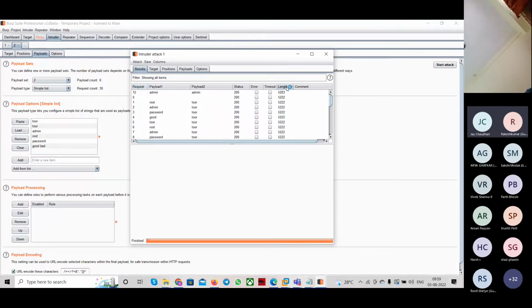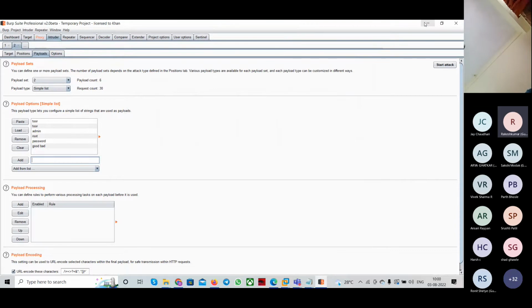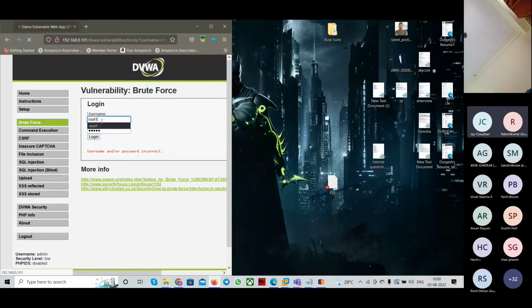यहाँ पे लेंथ पे आप डबल क्लिक जब करोगे, यहाँ पे आपको एक ऑप्शन जो होगा, जो नंबर देखो, एक नंबर अलग दिख रहा है, सब नंबर क्या है, 522 है, कैन यू सी, यस। बट वहां पे एक नंबर है जो ज्यादा अलग है, फर्स्ट वाला क्या है उसका नंबर, 5283, मीन्स उसका लेंथ ना थोड़ा अलग है। सो पासवर्ड हम लोग ये यूजर नेम पासवर्ड हो सकता है, क्या है, एडमिन एडमिन। सो वहां पे जाते हैं एंड विल सी वेदर इट इज यूजर नेम पासवर्ड और नॉट।